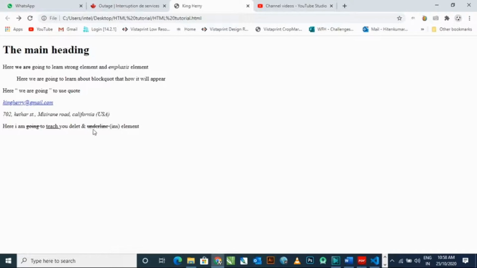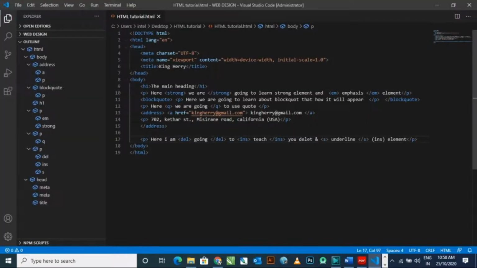You can see underline is deleted from our paragraph. Underline and going are deleted, and the word teach is underlined by using the ins command. So here delete and s, these both elements are the same, to delete any particular word which you don't want to show up on your browser window, and the ins command to underline any word.